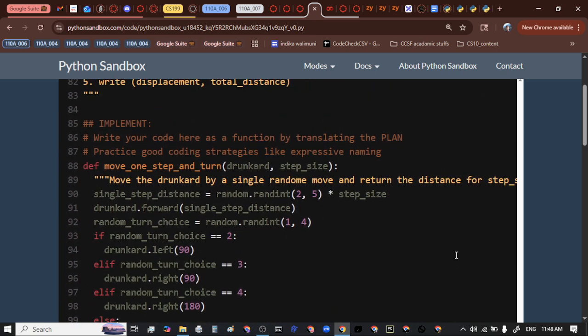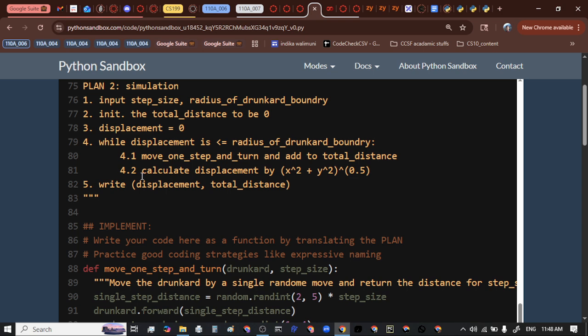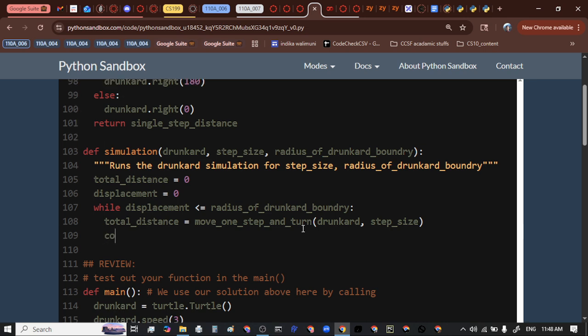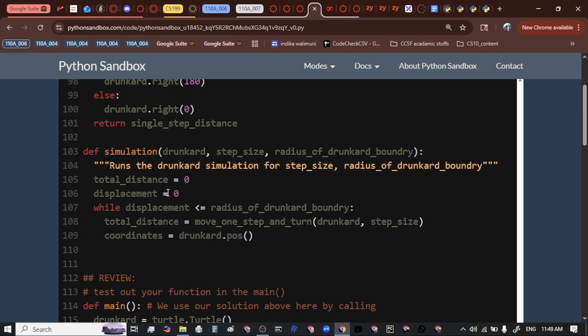So next step is to find the position, right? So this is the update basically. So we have to calculate the displacement. So we have to generate a variable like coordinates or position equals drunkard.pos. So now this is a tuple, guys, okay? So that means in your calculation you have to use the indexes to access x comma y, okay? So displacement equals a square root of, right,